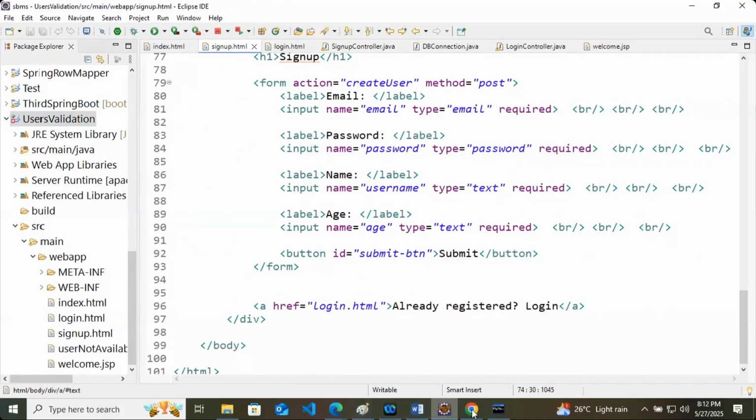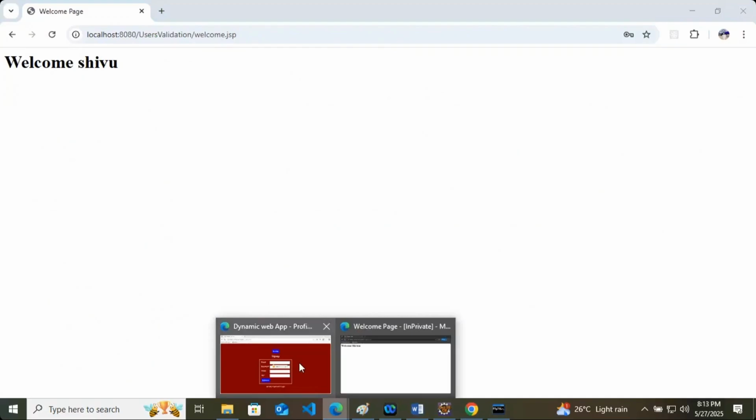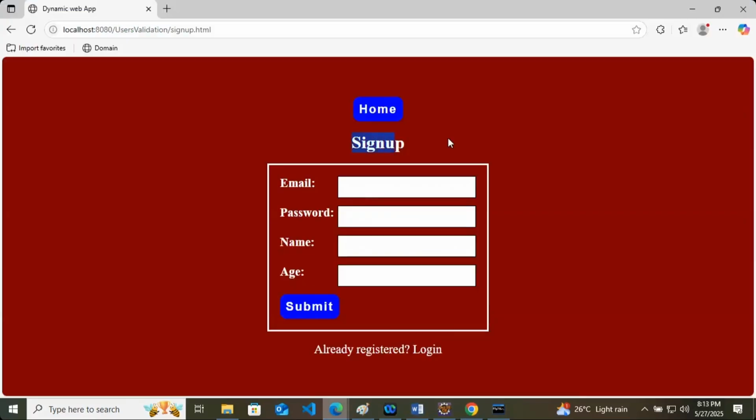If the email ID does not have the at the rate of, Lucky, you see what page I am opening here. This is on the sign up page only. At first, empty values will not go in email. If you are only writing the name, you are not typing the at the rate of, it will say please include at the rate of, because we have written type as email.